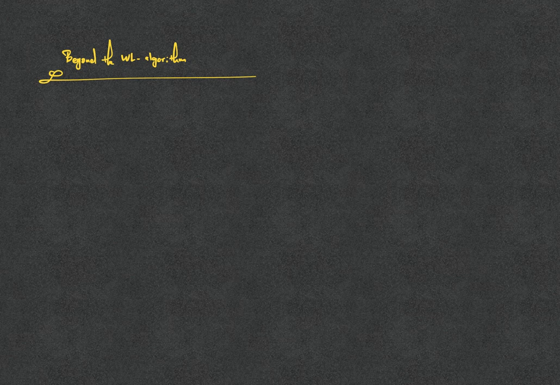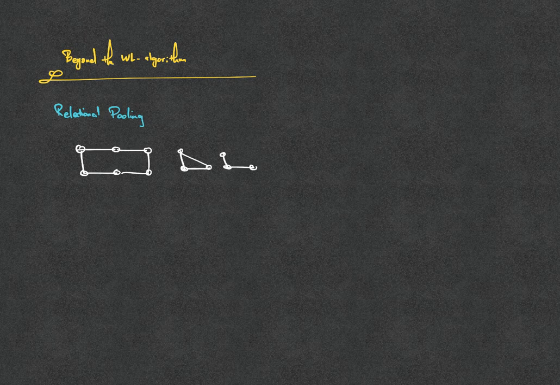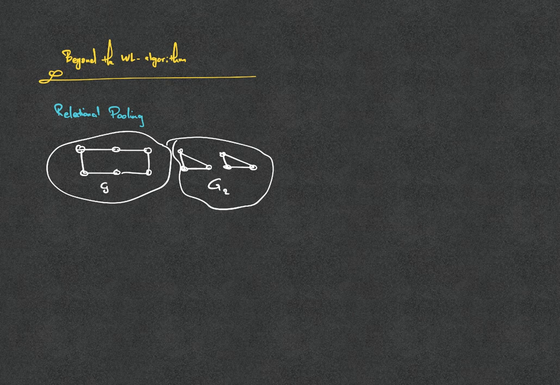First of all, let's talk about relational pooling. One thing we discussed was this 6-node cycle and 2 3-node triangles. Now this would be G2 and this would be G1. We mentioned the WL algorithm and the MPGNNs that were limited in power to the WL algorithm cannot basically do the isomorphism test on these